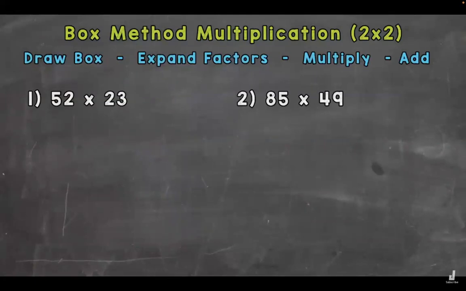In this particular video, I'm going to be multiplying 2-digit numbers by 2-digit numbers. So let's jump into number 1, where we have 52 times 23. And the steps that we're going to use in order to solve this are on your screen. Write these down. The first step, we need to draw our box. So for number 1, we're going to want to draw a square. And we're drawing a square because we have a 2-digit number